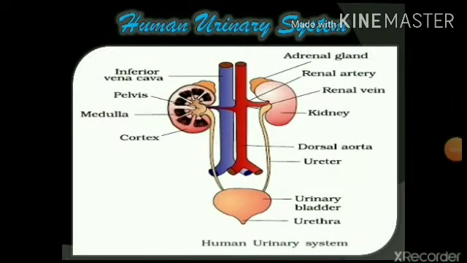Today we are going to discuss the human urinary system. It is a continuation of the previous video on the excretory system. The human urinary system has been specially designed for removal of metabolic waste from the body. Though there are other organs that help in the process of excretion, this particular system has been specially designed only for filtration of blood and removal of the metabolic waste that has been collected from all over the body. Let us start with that.